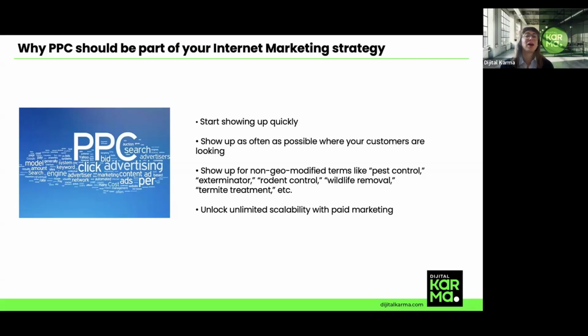And finally, the one I like the most: PPC gives you scalability. You can literally turn it up like a volume knob. If you are spending $2,500 per month and getting a solid return on investment, say $10,000 in new jobs, and you know the math works, you can confidently scale to 3K or 5K. It's very flexible. You can scale up for the next month or next quarter, or decrease the budget because the season is ending and wait for the new season.